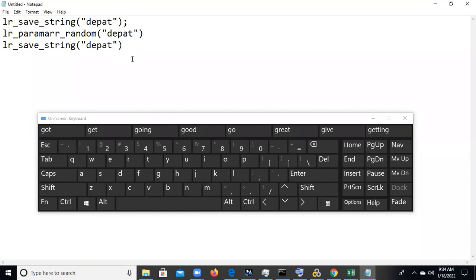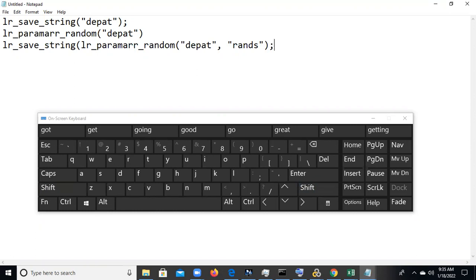After that, we can save this value using lr_paramarr_random. Using lr_paramarr_random, we are saving this value to a LoadRunner variable as rand_s.